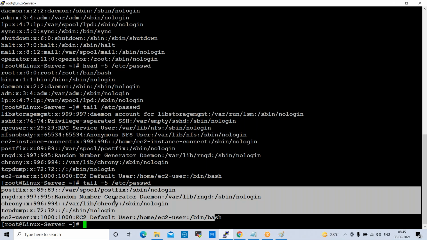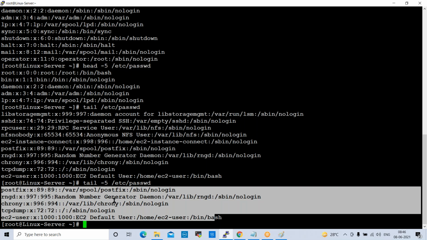So like this we can use the head command, tail command, less command, more command. The less command will show you page by page. Normally, for example, if we have 10 pages in the file and you open that file in the VI editor, it will scroll through all the pages and show you the last page.